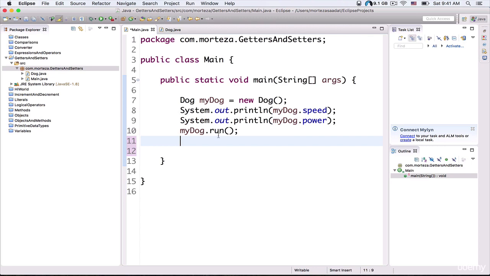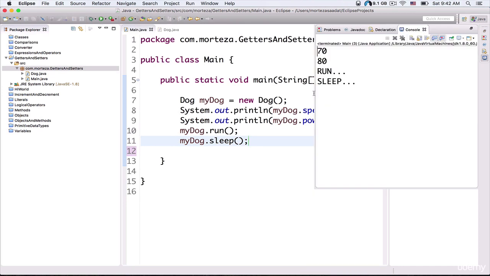So inside the main class and inside the main method, first I need to refer to the name of my object, .sleep, okay? So this is how you can access the characteristics or instance variables and the behaviors of your objects, okay? Now if I run my project, as you can see, these are the characteristics and behaviors